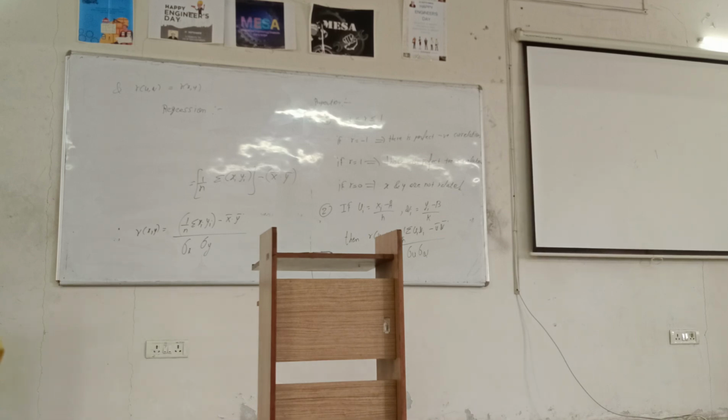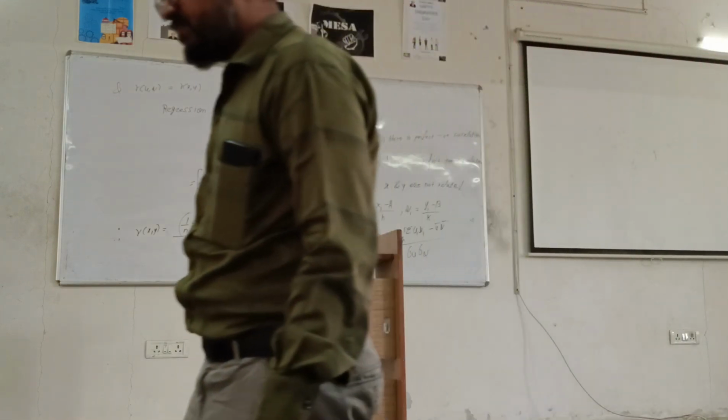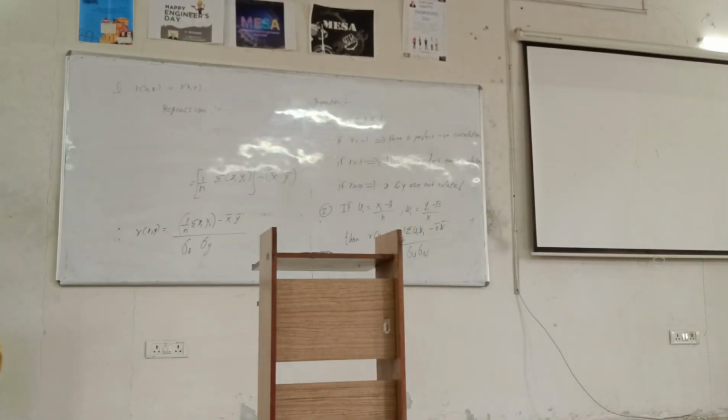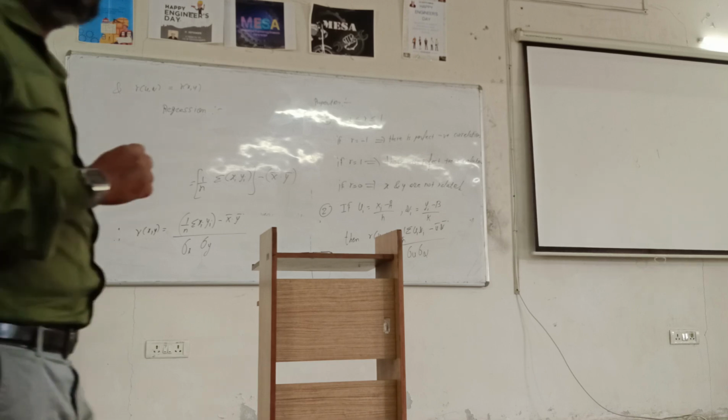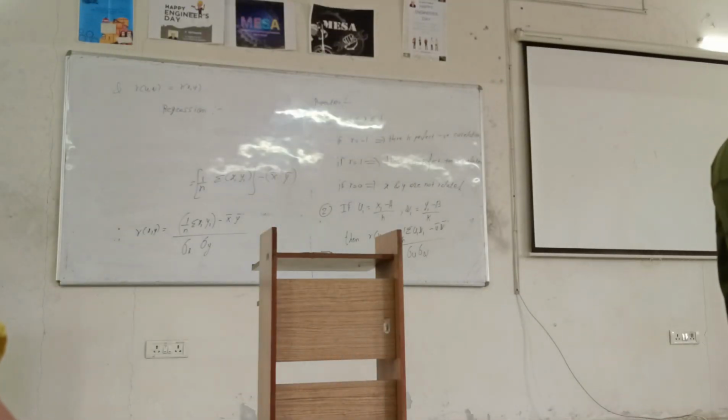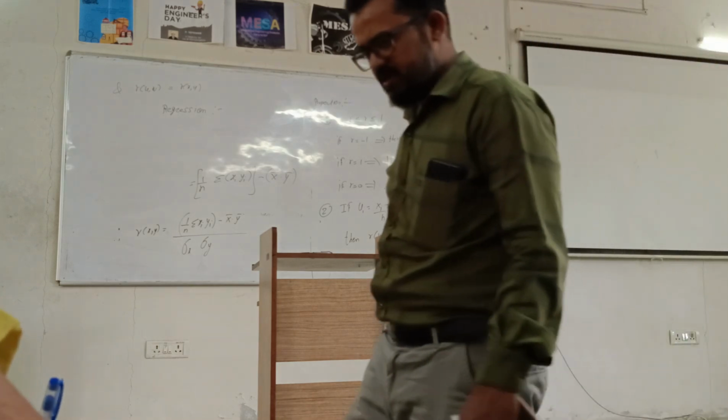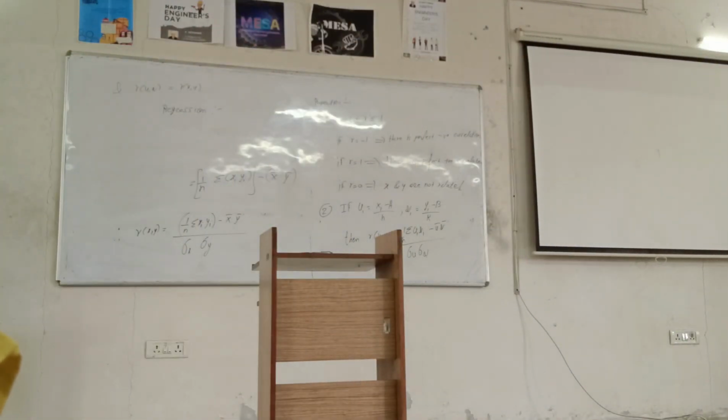If the observations x and y are related with each other, that means there is a correlation between them, then we can estimate the value of one variable